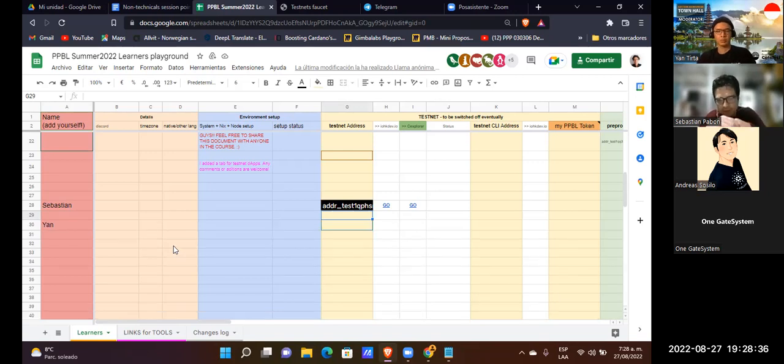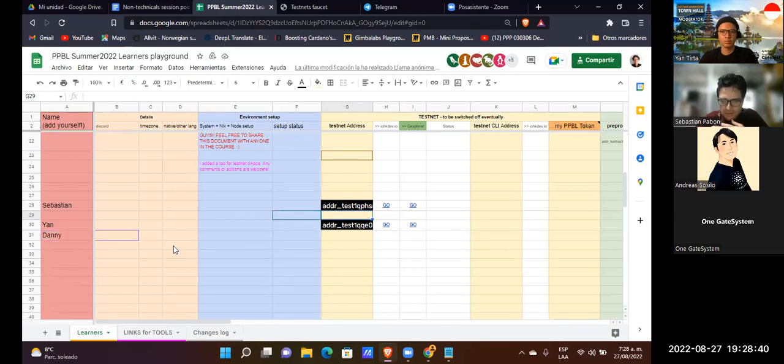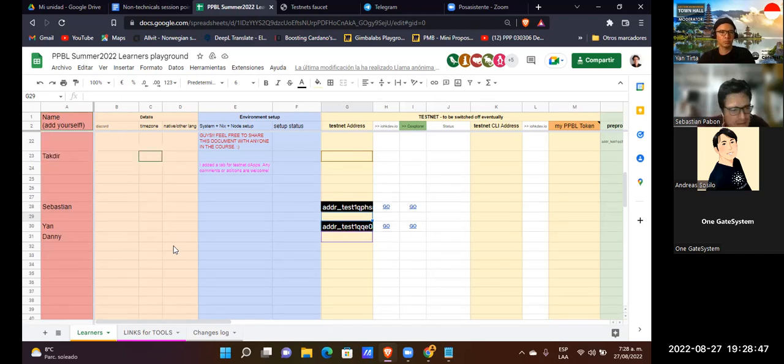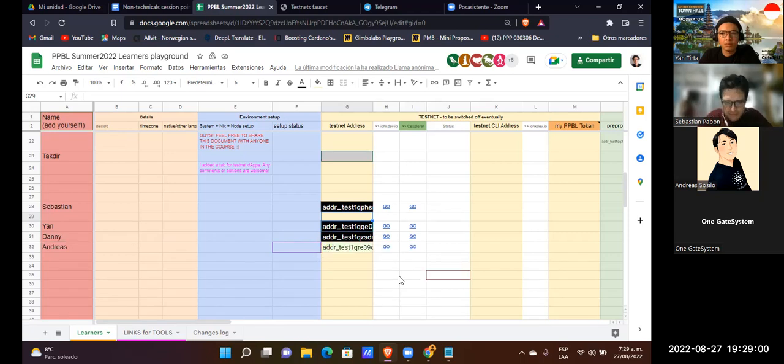Because remember, the testnet is going to be gone in the near future, and in exchange for the current testnet, we have two new testnets.